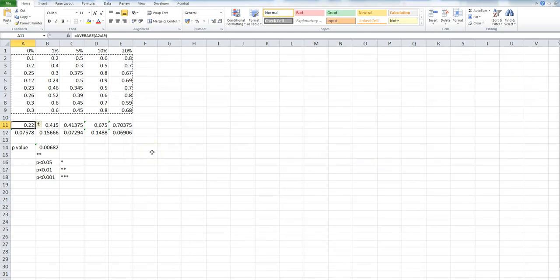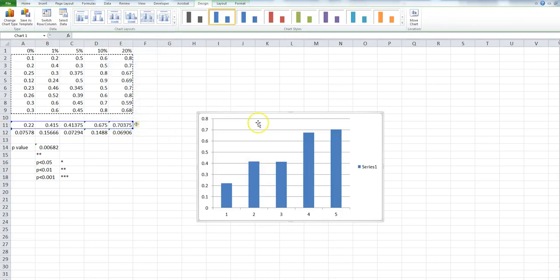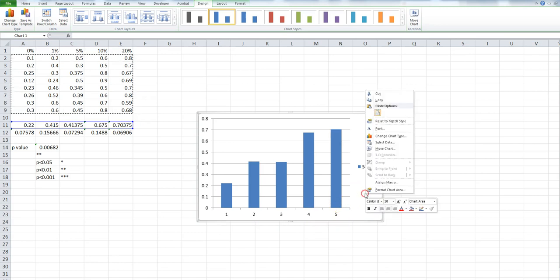So we're back in Excel, we've got our data here. Let's say it's the crystal violet data, and I want to draw a nice graph. So highlight your means, not all of this, ignore the fact that that's highlighted. If you're highlighting those means, go to Insert, Column, and just pick the first one. And you see you've got a graph like this, showing this is going to be a 0, 1, 5, 10, 20. We want to make this all correct, so I'm going to go to Select Data,